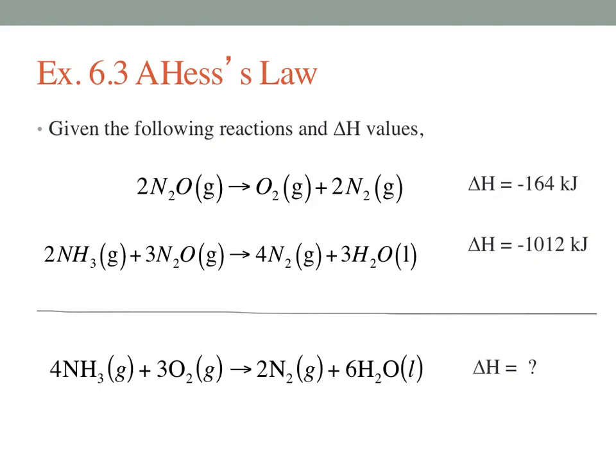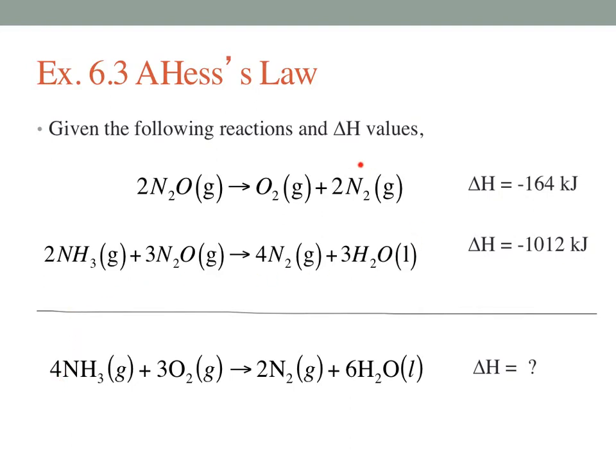Now we rarely can just add them up as is. We usually have to manipulate them a little bit to get them to add up to the final one. So let's begin. We start to make some observations. How are these related? You try to find something in your final equation that is only in some of your initial equations one time, because it has to be at the same coefficient and on the same side of the reaction. So here we have 4 NH3s,